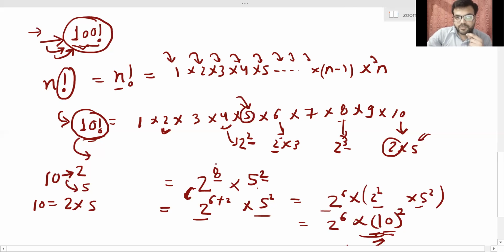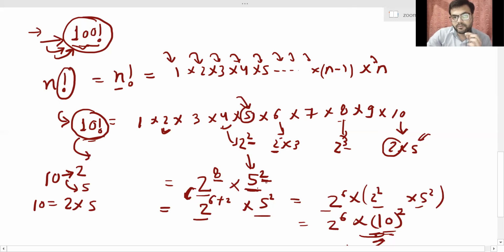Okay, we can just use our common sense, and we can compare the power of 2 and the power of 5. Whichever power is less, that is ultimately going to give you the answer. Because with the help of common sense, we can say that at most we can have only two number of tens. Why? Because the power of 2 is more, it is 8, and the power of 5 is 2. So how many more 2s could we require to make the number of tens?